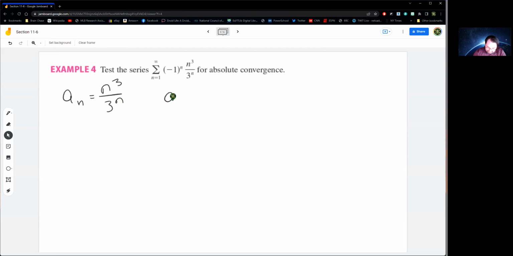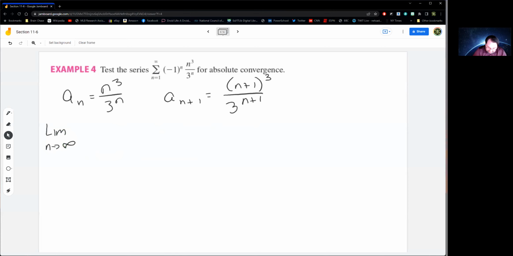And then an plus 1 is n plus 1 to the third over 3n plus 1. And you're also going to see how hard some of these problems are to actually break down and why we didn't do them first. All right, so now I'm looking for the limit as n goes to infinity